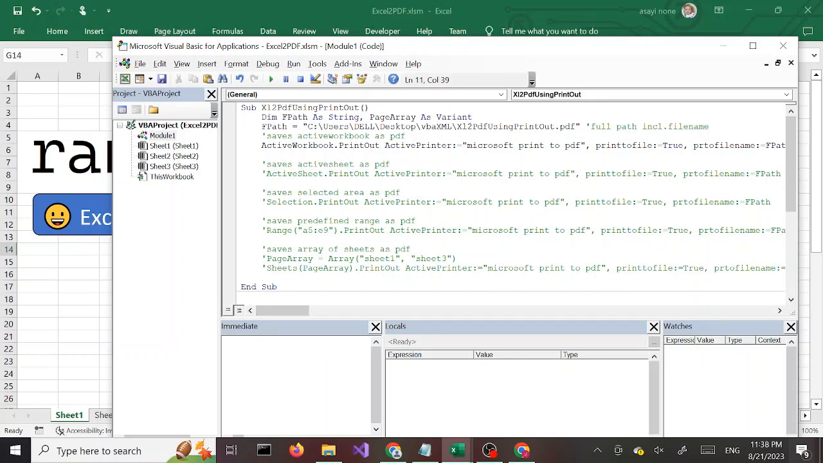Okay. All right. So first of all, again, we have a couple of variables. Got a string variable called fpath, and a variant type of page array we call page array. And once again, we are setting the file path to this file name. Okay, so here's the first line. What's happening here? We're calling the active workbook.printout, and we are